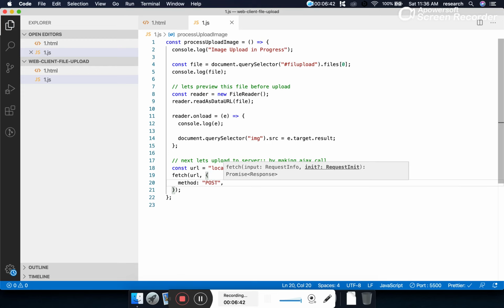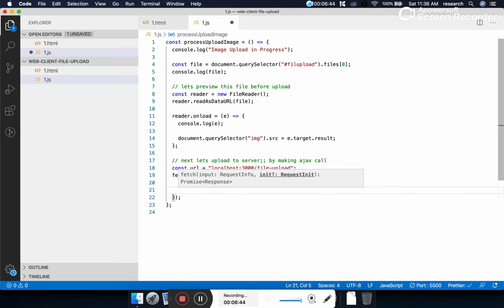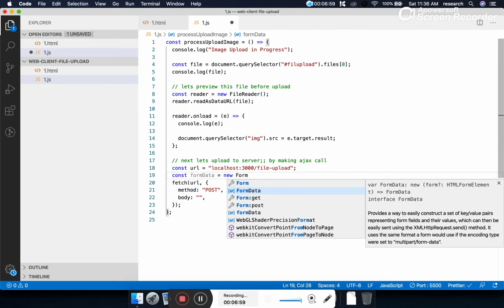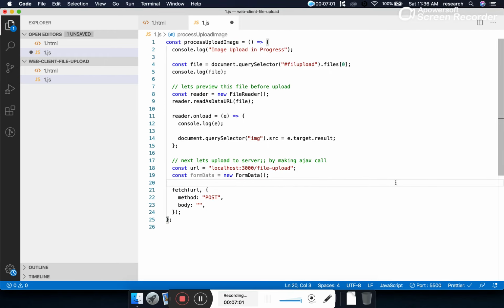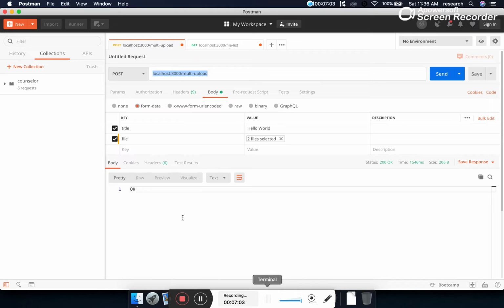So this is the post, and under the post we have to pass a body. So what is the body we will be passing? The body is multipart information. That is, we are going to upload a binary file, and how to do that? Form data. We have to give an object of form data. Okay, what is this form data? If you want to correlate here, this form data we are trying to create programmatically.